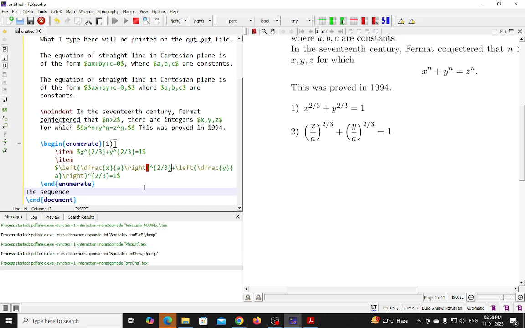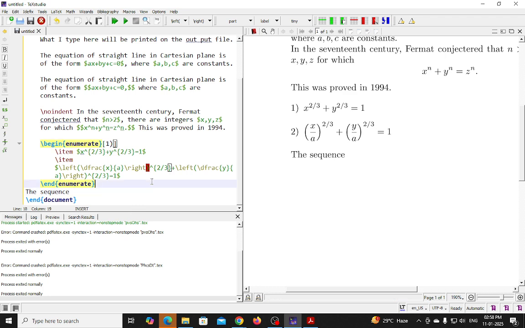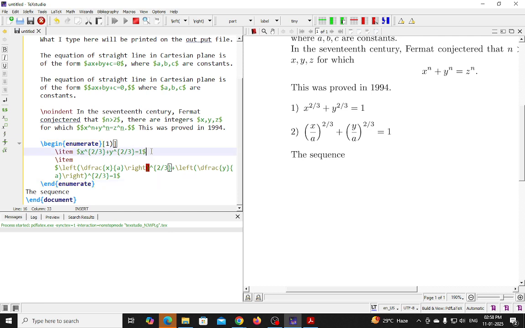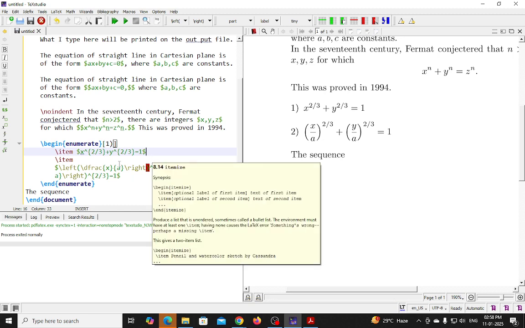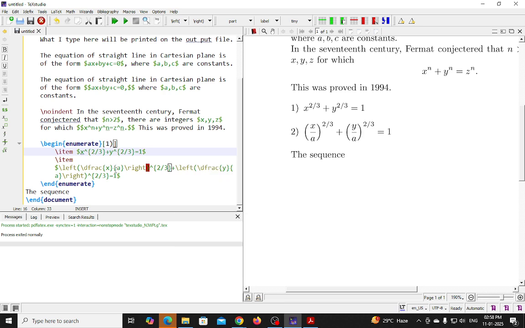Whether it has any error or not, we will check. Okay, there is no error. Left open bracket, right close bracket, left open bracket, right close bracket. It's okay. When you place the cursor on that expression, a preview of that equation also comes. Okay, the sequence. So the next part I have to generate in the math mode: x underscore n, that is xn, xn defined